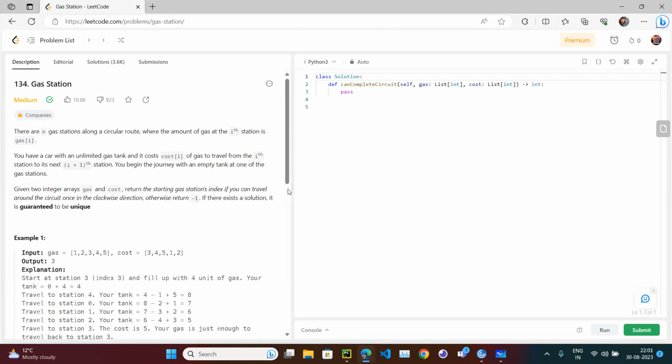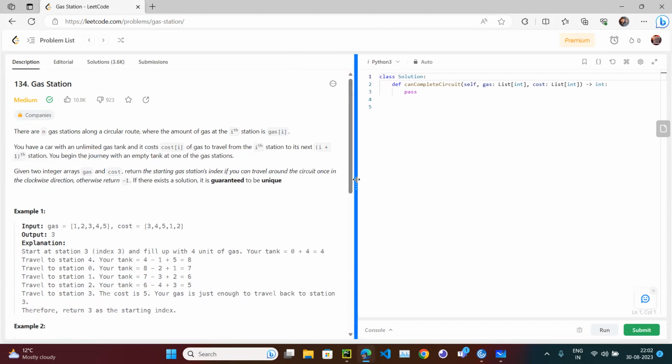So let's read the question. Let me expand this. There are n gas stations along a circular route, where the amount of gas at the ith station is gas[i]. You have a car with an unlimited gas tank, and it costs cost[i] of gas to travel from the ith station to the next (i+1)th station. You begin the journey with an empty tank at one of the gas stations. Given two integer arrays, gas and cost,